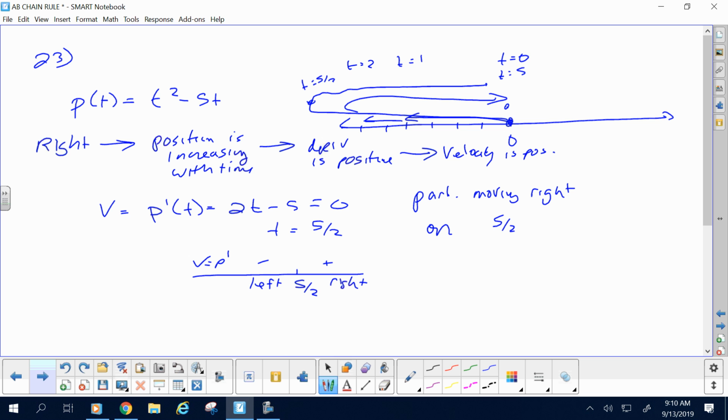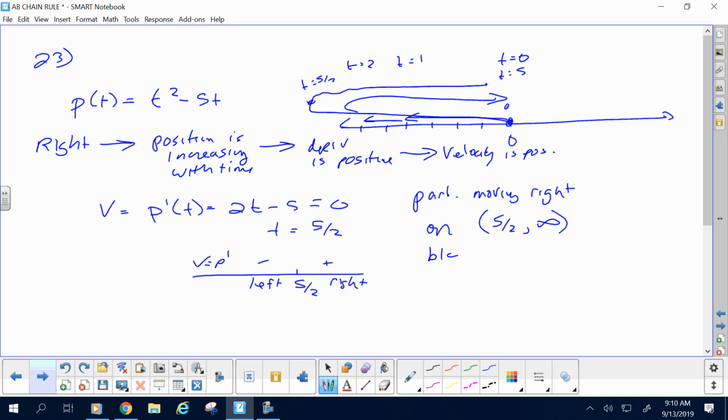5 halves to infinity. Obviously you don't include infinity, you never do, but 5 halves. Do I include 5 halves or not? Why not? It's at rest there, so it's not moving right then, it's not moving at all there. So it's 5 halves to infinity, exclusive. Why do you say that? Because